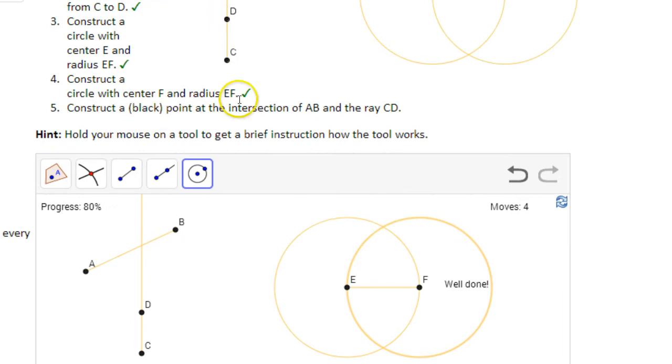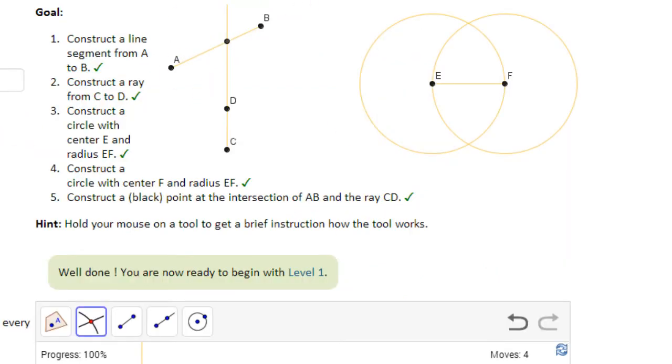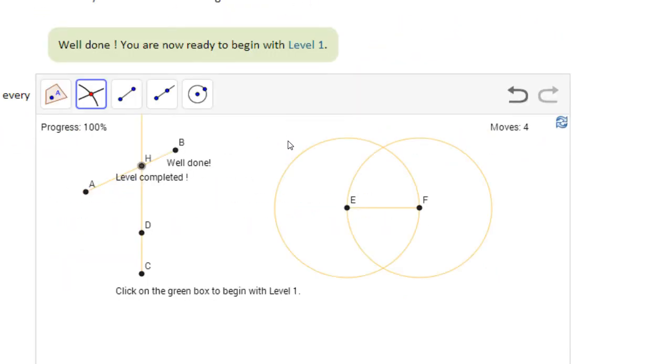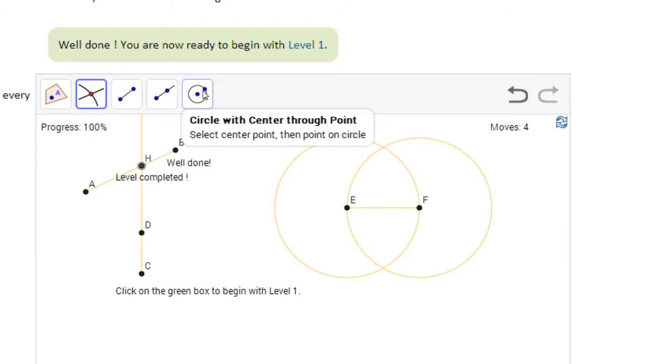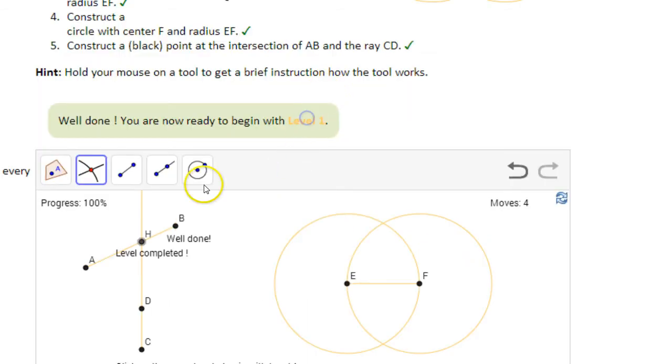And construct a black point at the intersection of AB and radius and ray CD. So you just go over here to point on an object or point at an intersection. There you go. And as you can see, as you move on, the cool thing about Euclid, the game, is that you can use the tools you've constructed before. The only tools I can make are a point on an object, an intersection point, a segment point, a ray, and a circle with a center through a point. Obviously that's all this stuff that I just created. Okay, but when I get through with level 1,